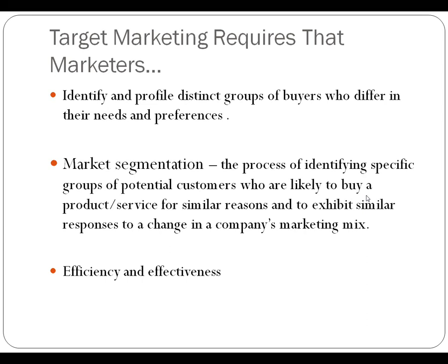Just note that target marketing, which is the targeting of specific groups, requires that you have information about distinct groups. Groups have different preferences, different wants, different needs, different desires, maybe even different shopping habits. So in order to target only those that are most likely to buy your product, you've got to know who they are and where they are and what they are. And this is done through what we call market segmentation. This is the process of identifying groups of customers based on some particular characteristic or variable.